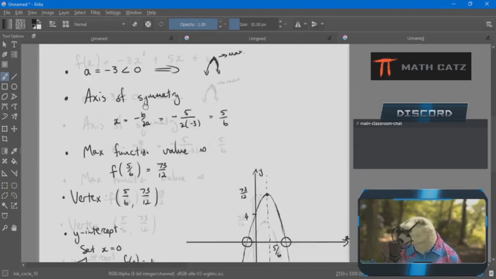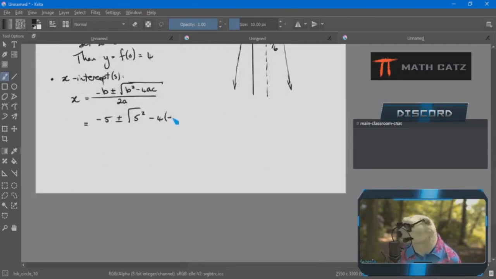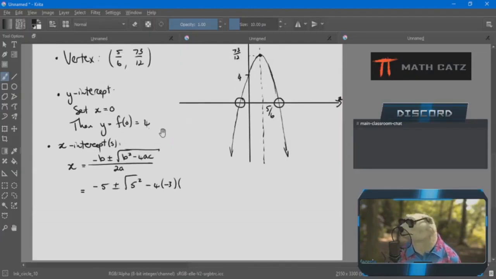Negative 3. What was c? C was 4, right? So times 4 all over 2 times a, which was negative 3, right? So I have that. Now, how you go about